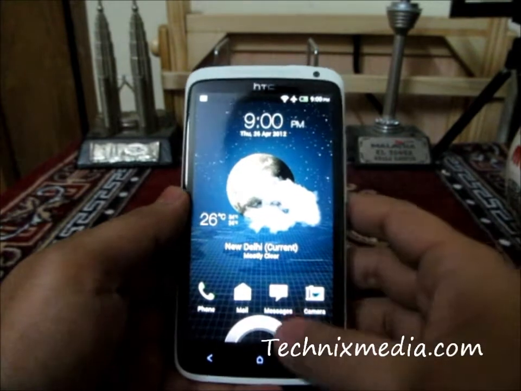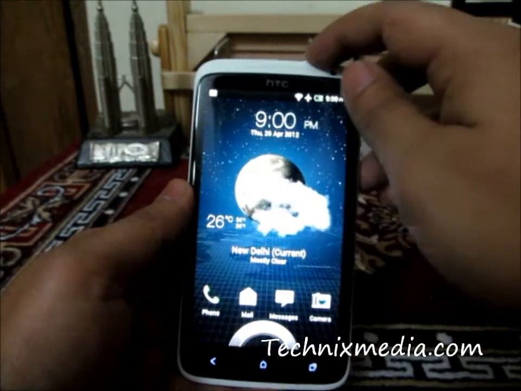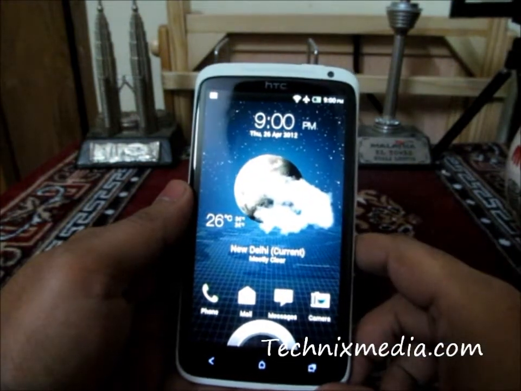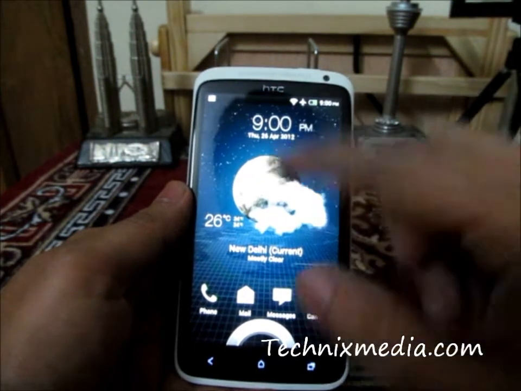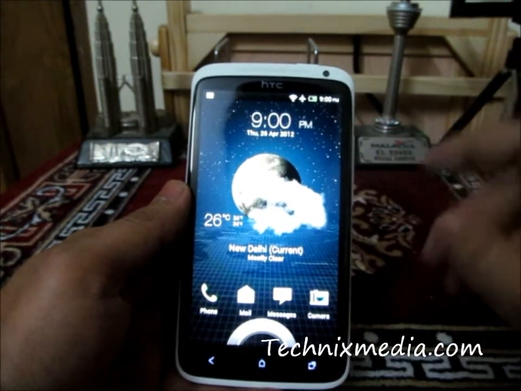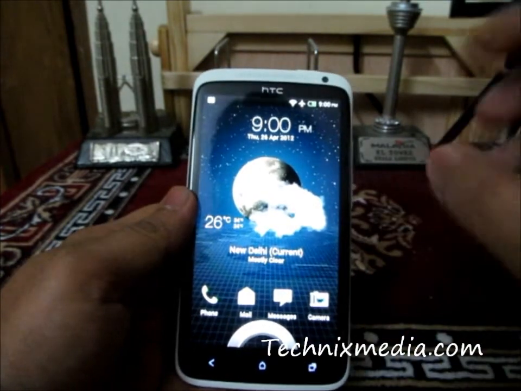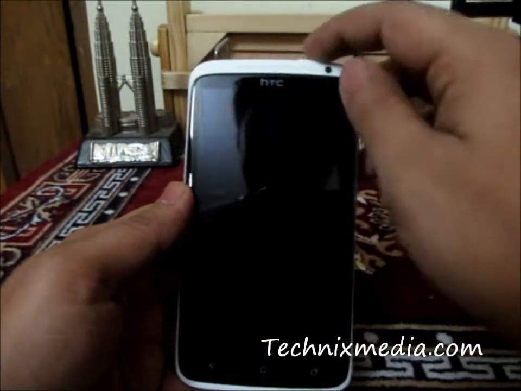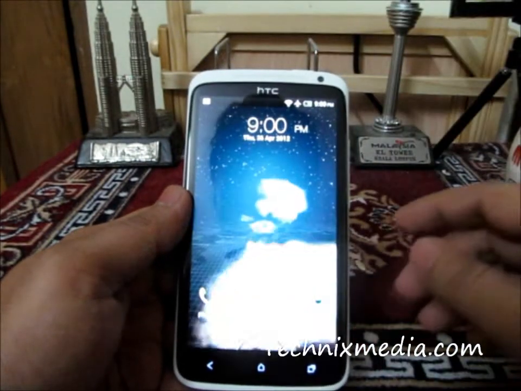So let's start. One of the most important things, or one of the best things which I discovered on HTC One X, is how you can customize the overall lock screen with different effects. This is currently a weather widget which you are seeing right now in the center of the screen.